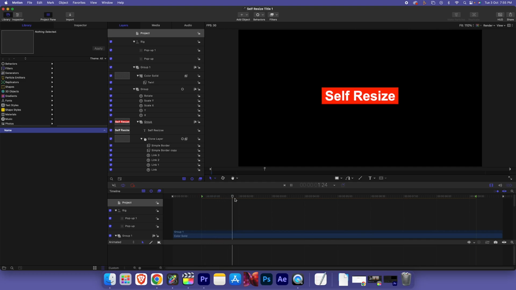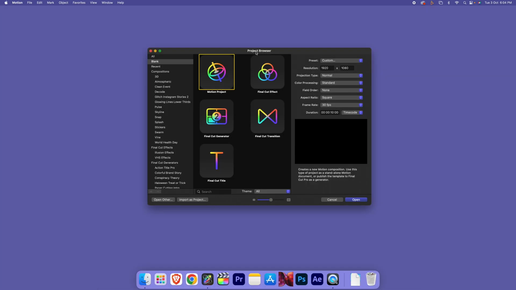Hey folks, today I will show you how to create this self-resizable text in Apple Motion. Also, I will provide the template so you can use it in FCPX even if you don't have Apple Motion. So let's get started. Once you open up Apple Motion, just select this Final Cut titles over here and